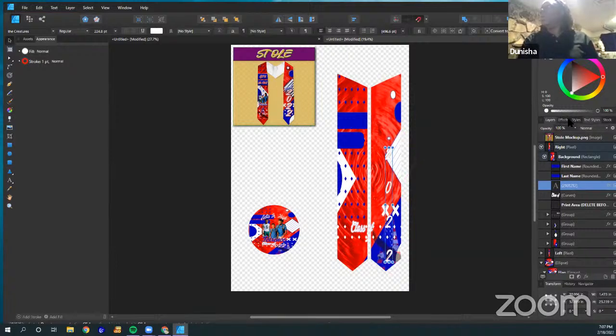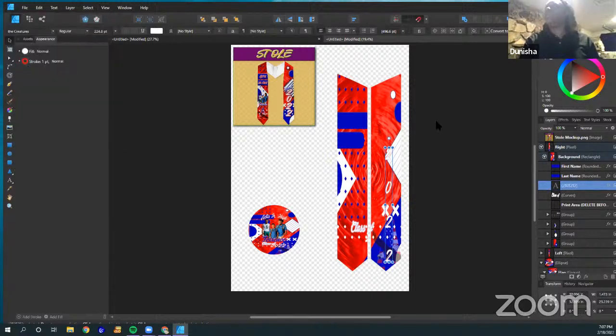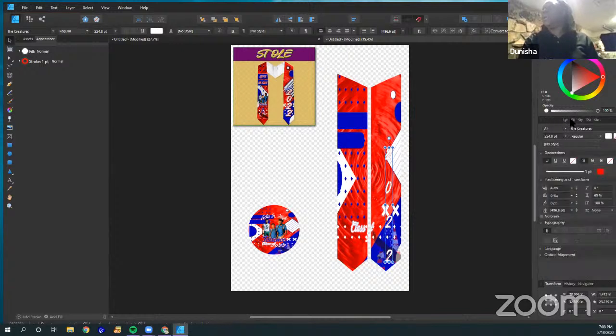So over here, there's usually a box. One of these says characters, but it's not turned on. So if ever you're missing something in your studio panel, just go over to studios and let's turn on character. But it popped up onto my second screen. So let me drag it over here. Normally it'll pop up right in here, but it came up on my second screen. And then you can just dock it in here wherever you want it. Mine is usually second because my layers is usually first. And I'm just going to take out some of this space. So let's do 100. That's too close. 200. That's good spacing.